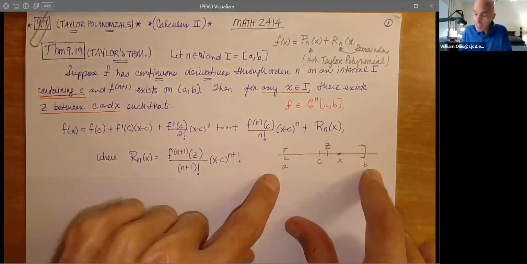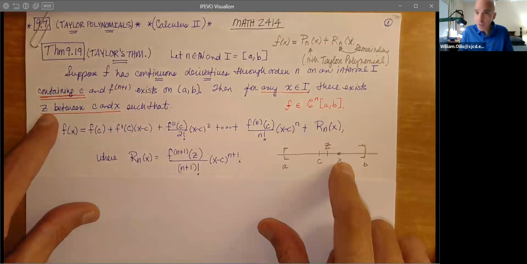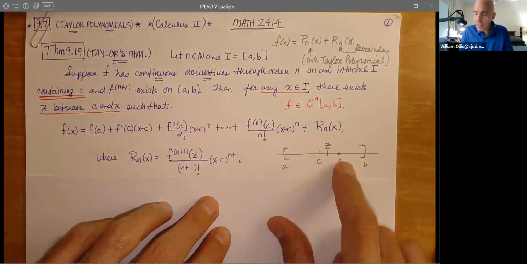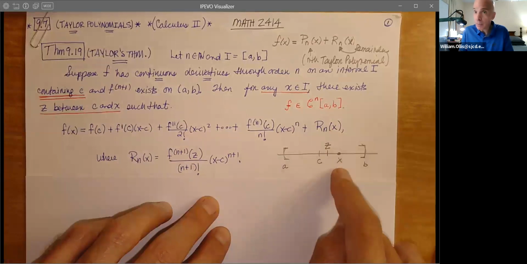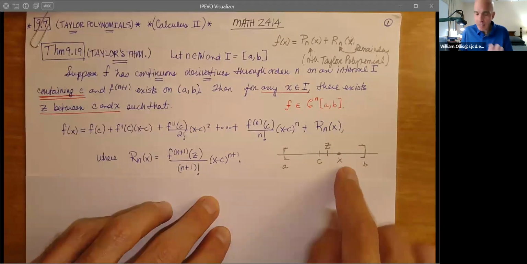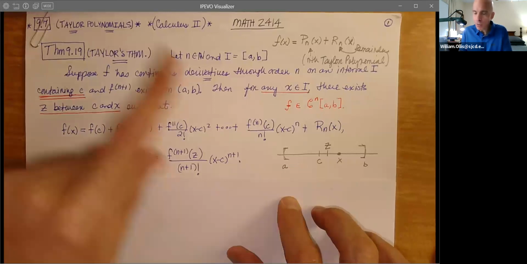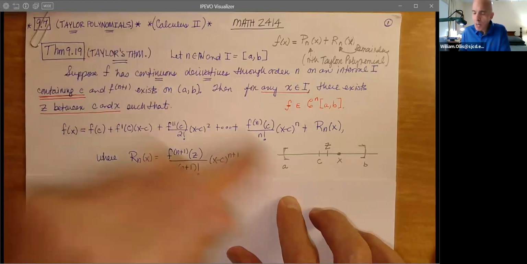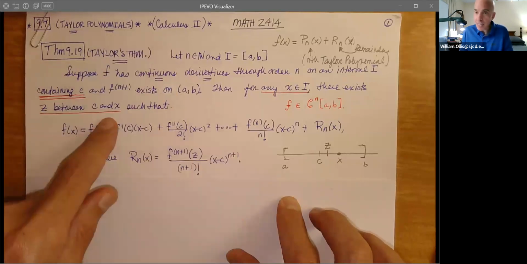And so for any x, I just colored in an x, there is a z. That's from the theorem. There is a z between C and X. Now, I don't know if X is less than C or bigger than C. So we just say between. So again, C is in the interval. We take an X in the interval, usually not equal to C, just because we want to go somewhere with this. And so Taylor's theorem says, if that's the case, there is a z between C and X such that,